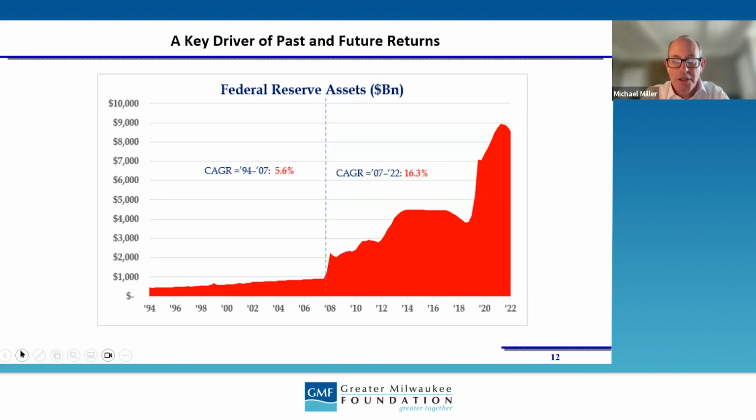Then you see that first jump up in 2008, 2009, and that was the beginning of the Federal Reserve's reaction to the great financial crisis and the housing bust we had at that time. They were trying to keep the economy from collapsing, good idea, and also trying to stabilize the housing market and make sure that the average person in this country didn't suffer any more than they already were. And that was a really good idea. The problem is that it became like some kind of drug for them, and they kept adding and adding and adding to the balance sheet. If you look to the right side of the graph, there's kind of a bit of a dip. That was the Fed trying to